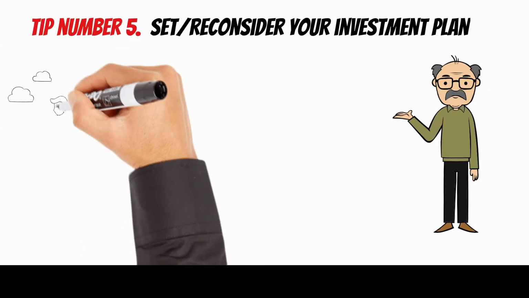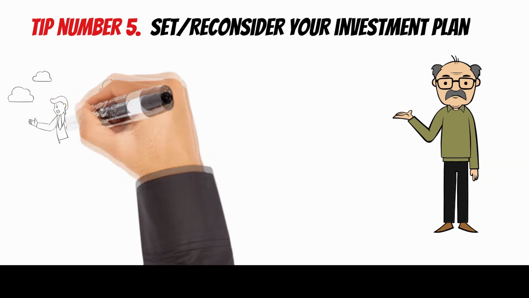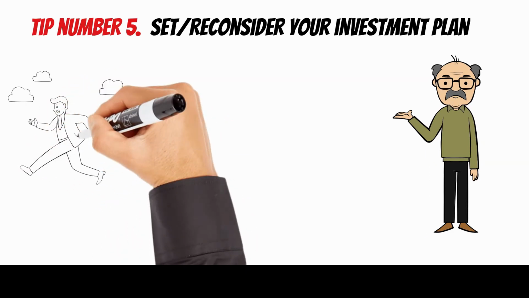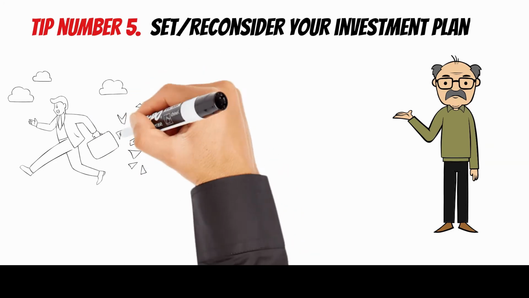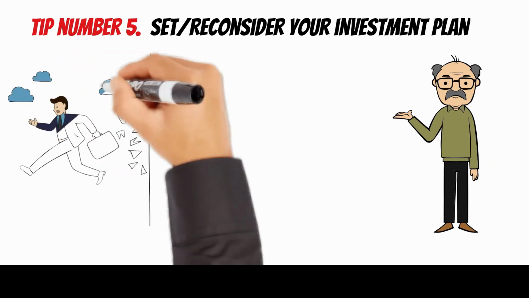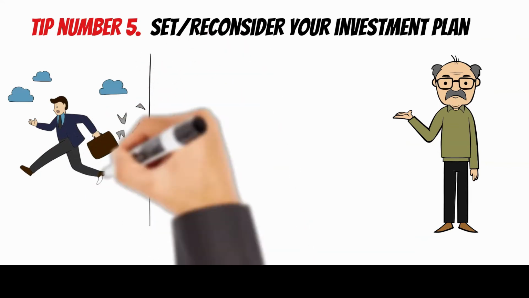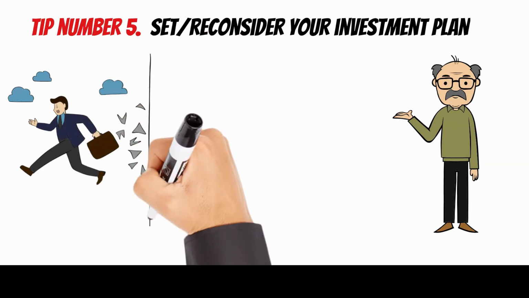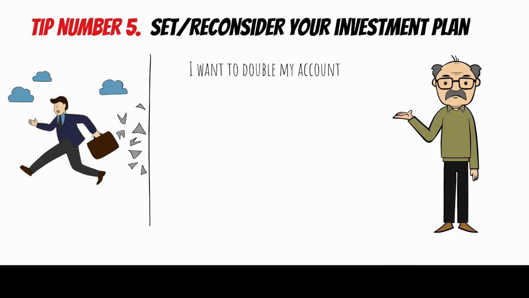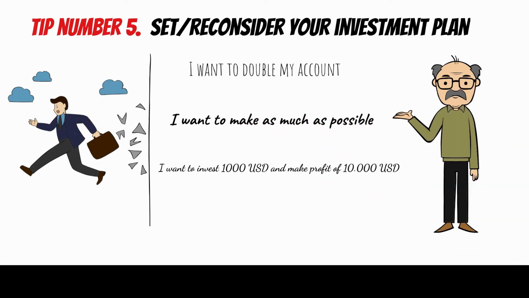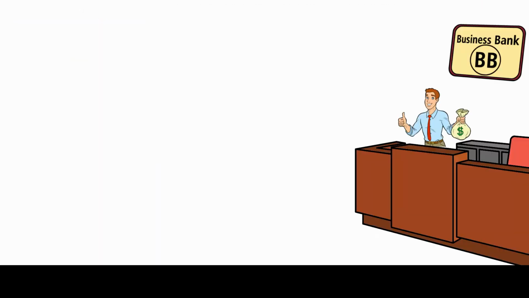This is another point I want to talk more at length about, because most traders get this wrong for some reason. The best way to double check is usually to ask, and that's why I always follow up with a question: what is the target with this investment? And usually I get an answer like, I want to double my investment. Or something like, I want to make as much as possible. And my personal favorite, with this investment of $1,000, I want to make $10,000 in 1 month. Well, I hope you see how ridiculous that sounds.